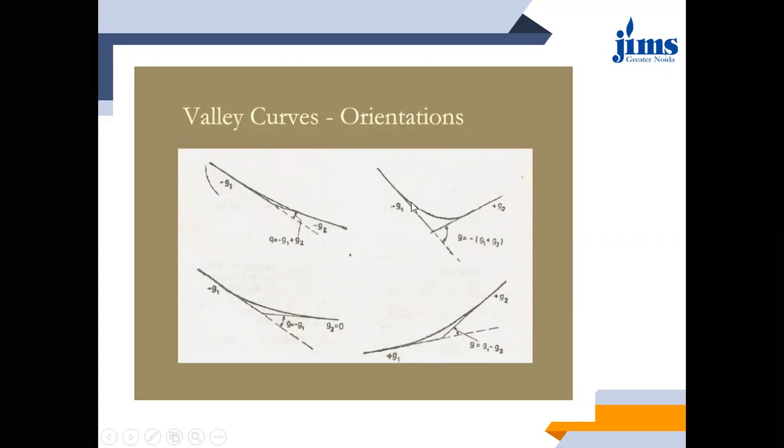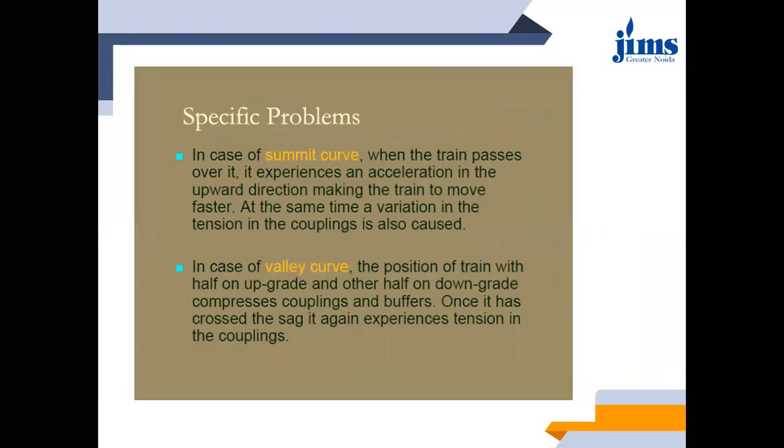For example, in the second case, look at this diagram. What is happening in this case? This is your descending gradient, this is your ascending gradient. So the descending gradient will be what? Negative. So if this has gradient n1, then minus n1, and minus this gradient is what? Positive. So, let's say n2, so minus n1 minus n2 is the deviation angle for this particular curve. This is how you calculate the deviation angle, and based on that deviation angle you will find out the severity and certain design parameters.